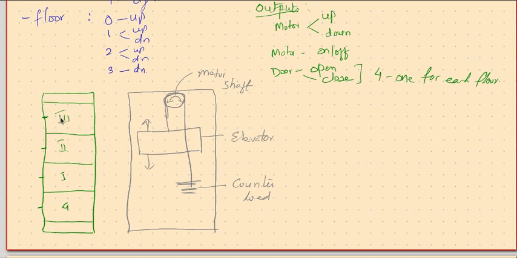Now it is in 3, comes down, goes to 2. Where do you want? First floor. Where is it? Second floor. That means still above it. So go down. So continue downward movement. When it comes to first floor, the sensor says now the cabin is in first floor. Where do you want? First floor. Okay, stop it. Then open the door, allow that man to move out, and then close the door.